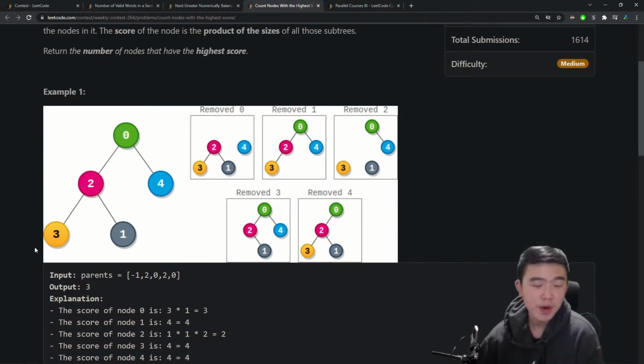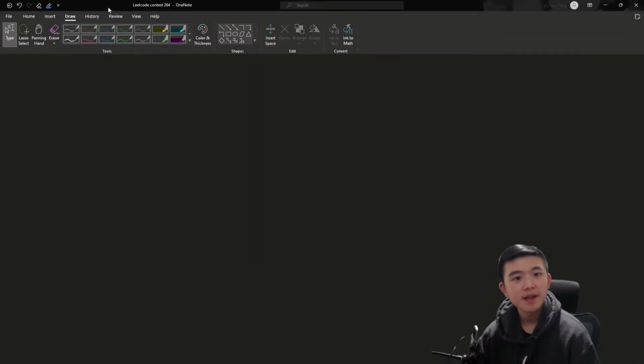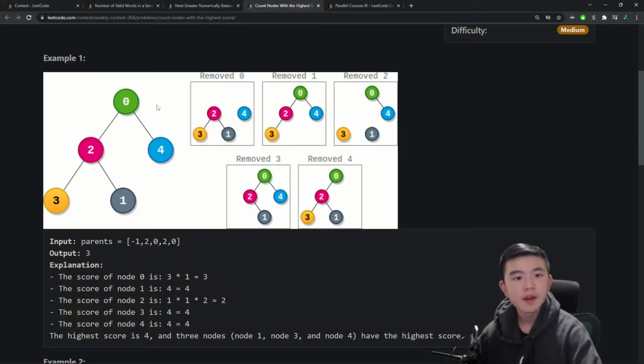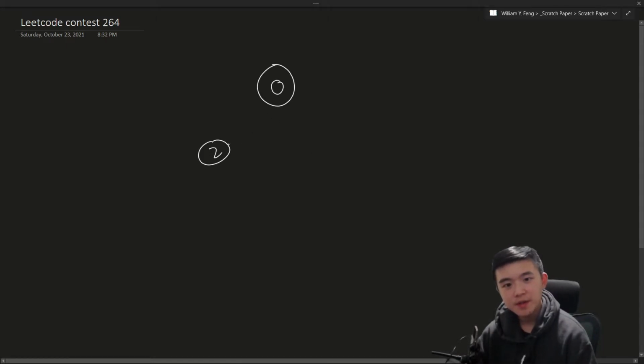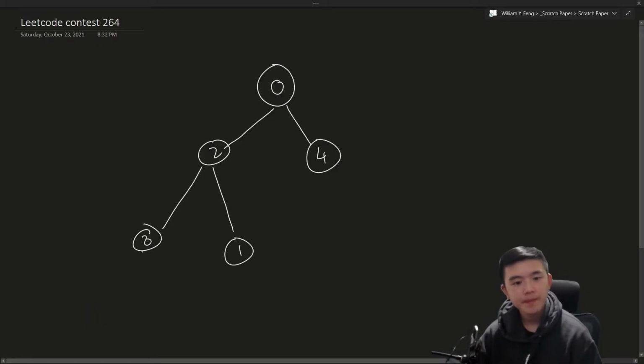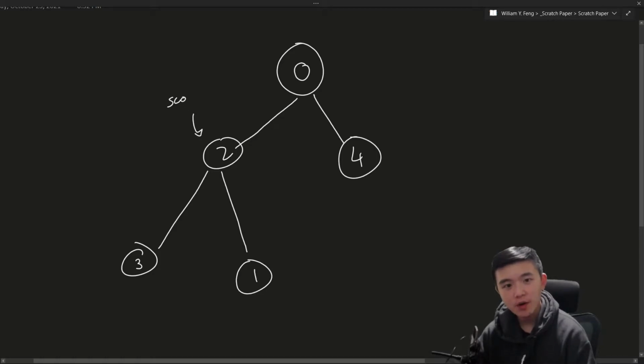The score of a node is kind of complicated, so let me draw this out. So let's have this tree over here: 0, 2, 4, 3, 1. Basically, if we want to find the score of a node, we are asked to remove all the edges around that node. So for example, if we want to find the score of 2, we would erase all its edges,